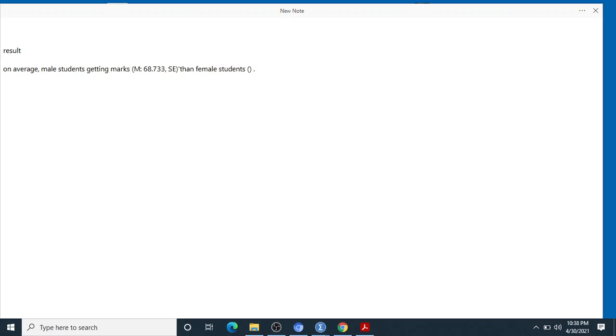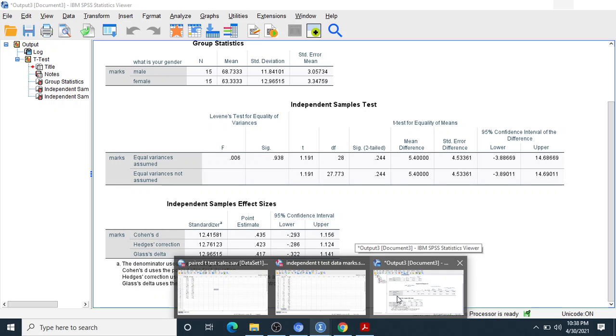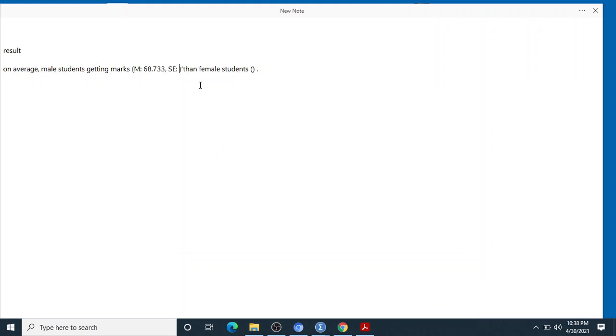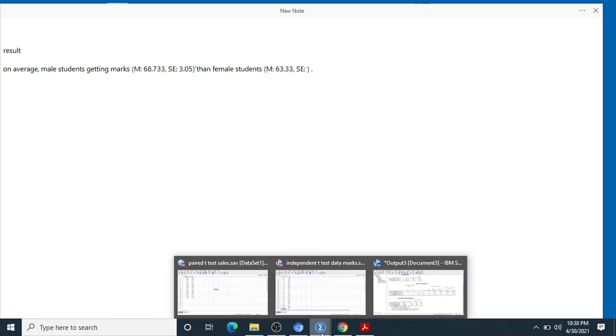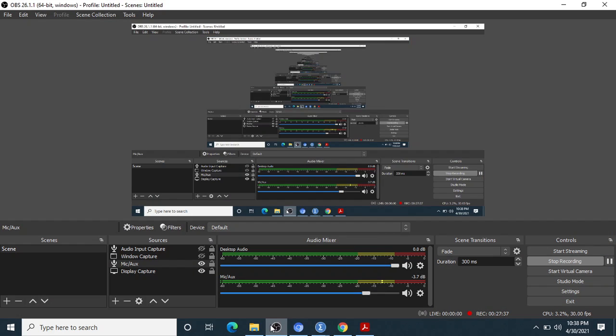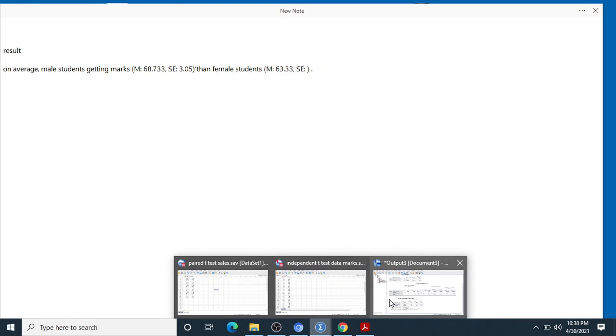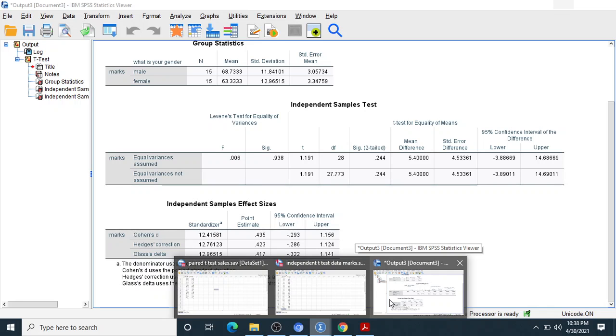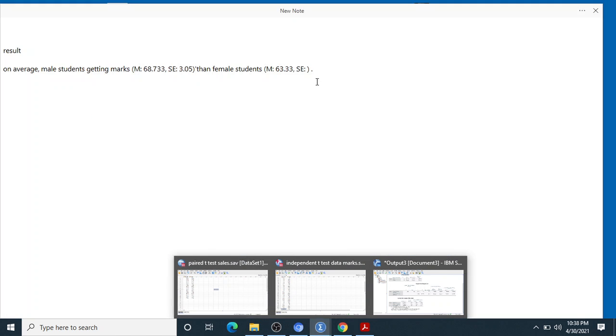And the standard error in case of the boys is 3.05. On the other side, the female mean is 63.33, and the standard error of the female was 3.34.